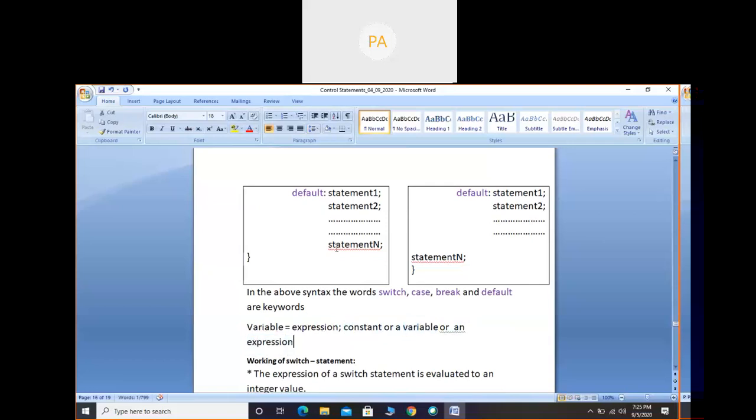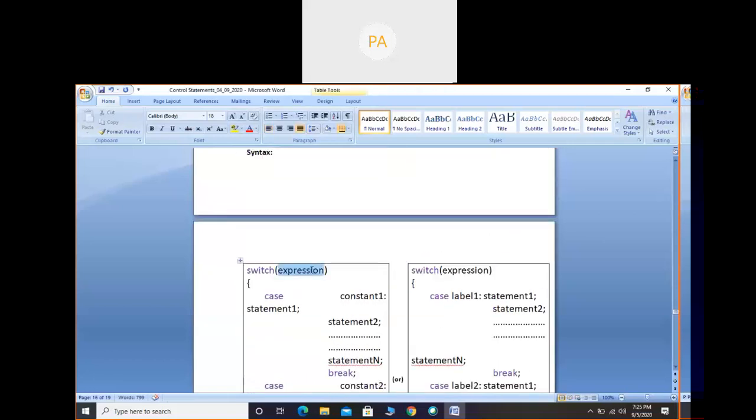Similarly, here the expression in the parenthesis of the switch statement can be a constant or a variable or an expression. If you are considering a constant, that constant should be an integer constant. If you are considering a variable, that variable's final value should result in an integer value. If you are considering an expression, that expression's final result should be an integer value.